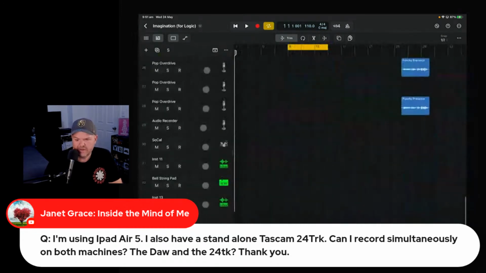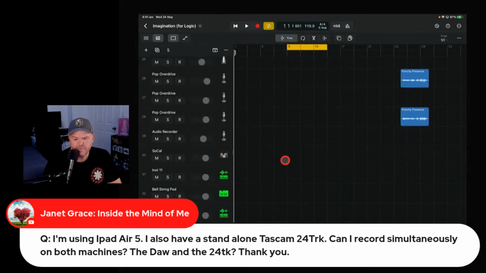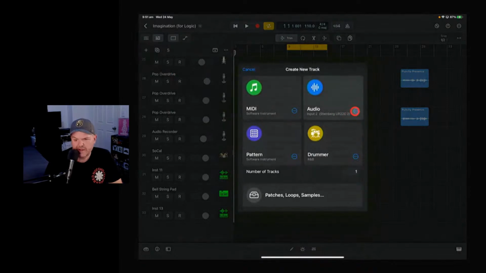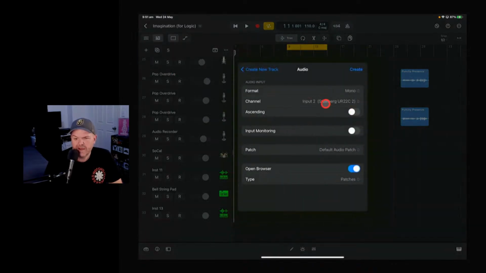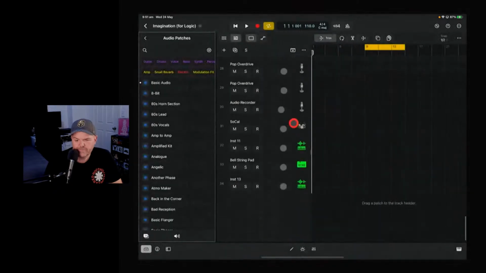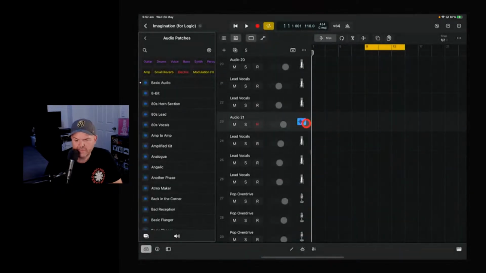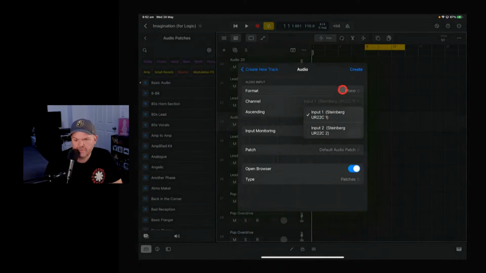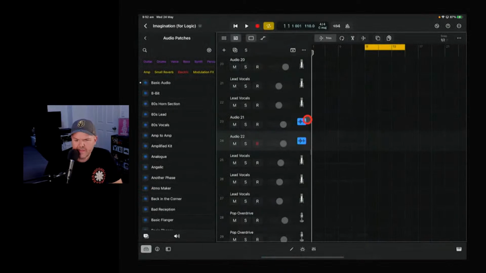So for instance, I'll just give you an example here. I've only got a 2-channel interface set up. I'll pop this aside so that you can see what we're doing here. If I was to set up a new track here, we'd come in here, audio track, and tap on that one. For me, I would just set up, say I wanted 2 tracks. I wanted to record my input 1 from my Steinberg on that one. I'll hit create track there. That creates a new audio track there. And then if we do it again, hit plus, and then create audio track, and I wanted the other one to be on input 1 or input 2. Did I do the other one on 1? I can't remember. And then I'd create that. And then you'd have both of those.